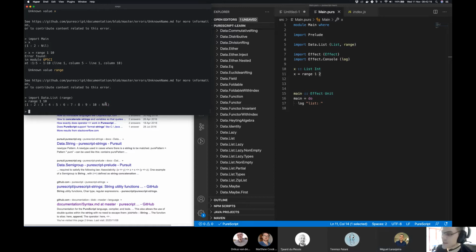So this is unsurprising in a functional language, that a list is typically a linked list, and a linked list is something where one element points to the next element, and the next element points to the next element until you hit some kind of sentinel value, which tells you that's the end of the list, right? And so maybe in C you would have pointers, but in a functional language you would assume that this is probably a recursive data structure, that the start of this list is a 1.